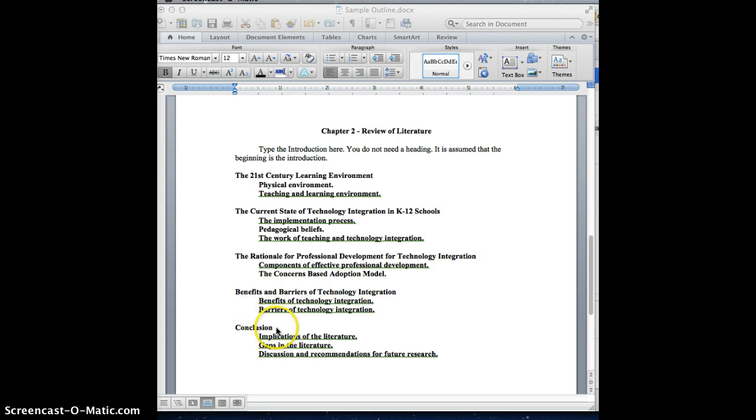And then at the end you will have a conclusion. Some people call it chapter summary. It's just a matter of preference. You and your advisor can talk about the terminology you want to use. But conclusion, you might have implications. And so what does all of this mean? What do these things say together as one piece? Were there any gaps you identified? And then a little discussion or recommendations for future research, and that's where you could kind of introduce the research that you're going to do. But again, all of this is